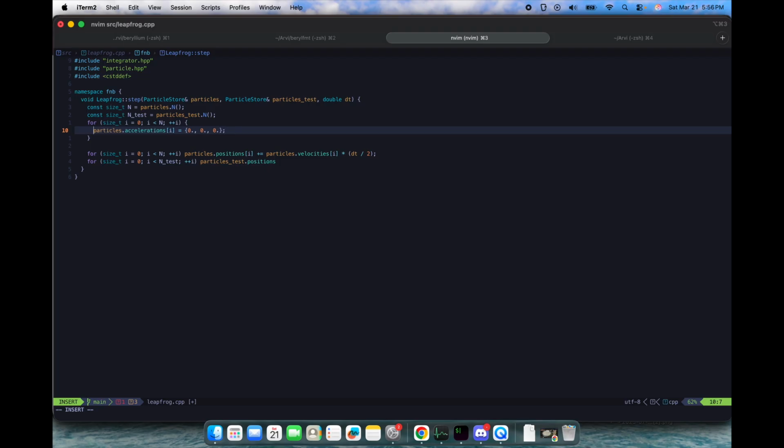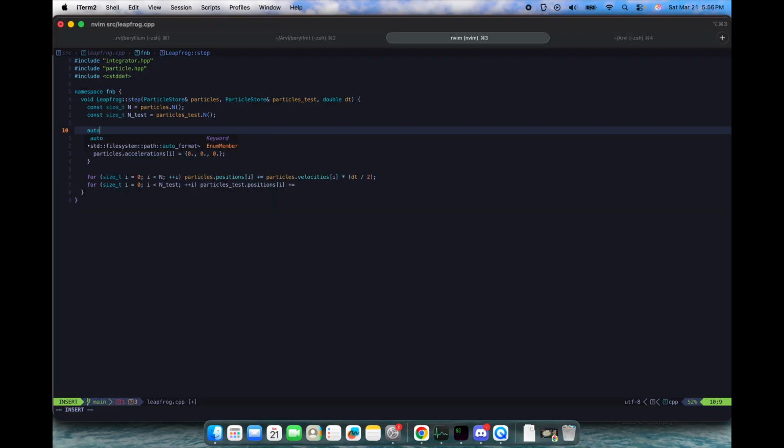I'm only going to zero the accelerations here. The positions index I plus equals... I'm going to have to shorten these again. Great. Should probably make a macro for this. That's what macros should be used for, but